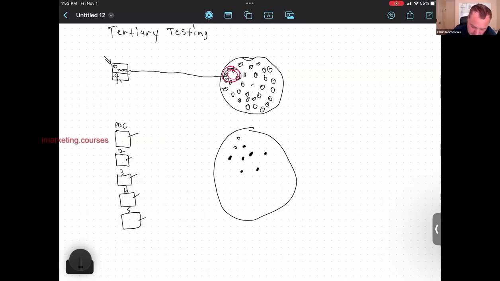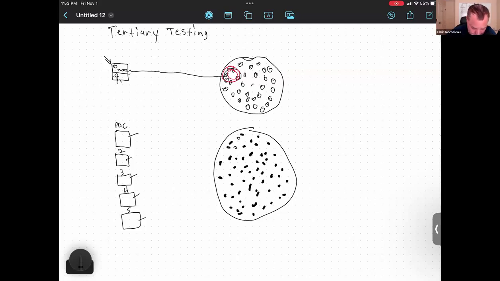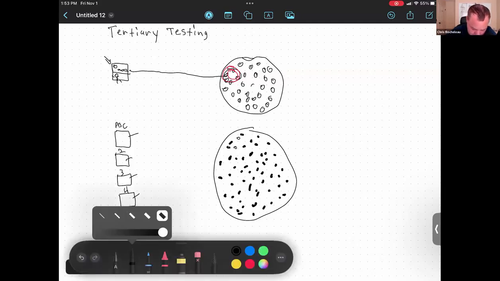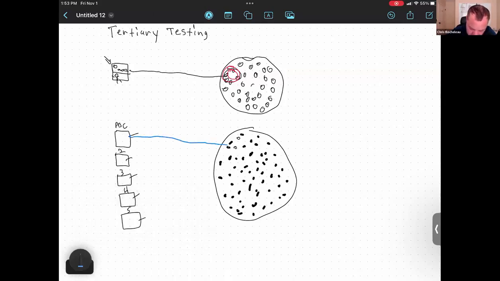Yes, a lot faster. These are all people, right? These are all people in a big audience. So here's the reality of how this plays out when you have different PBCs. Sometimes you're going to get people who respond to this ad. There's going to be a portion of them that do. And then there's going to be another portion when you do a new PBC that some of these people may have even seen the ad and did not respond to because it wasn't the messaging that worked for them.